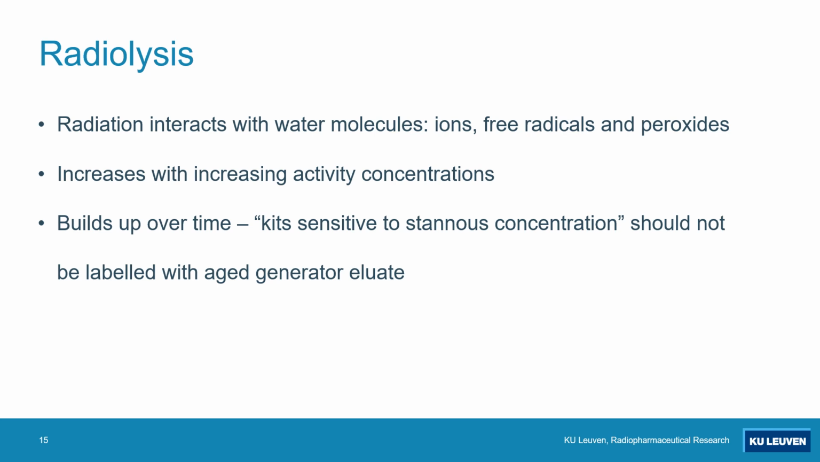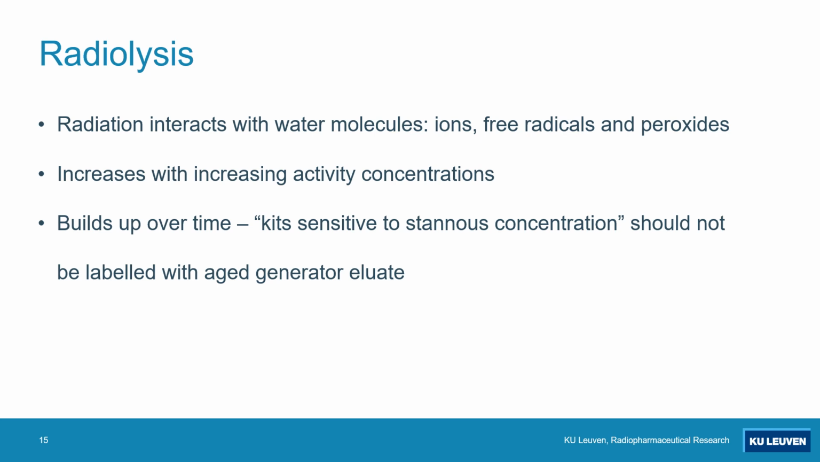The next point I want to talk about is radiolysis. Radiolysis is the breakdown of the radiopharmaceutical due to irradiation. So if you have a high concentration of activity in your pertechnetate solution, it can sometimes form ions, free radicals, or peroxides that can attack the radiopharmaceutical, make it unstable, and also reduce the radiochemical purity. It also increases, like I said, with increased activity concentrations. And again, those kits that always give a problem are also sensitive to these